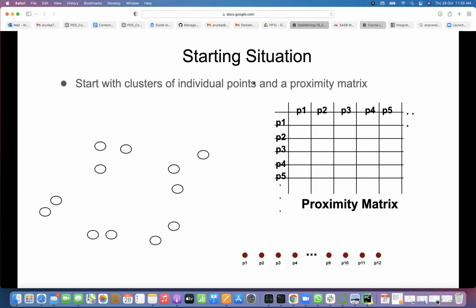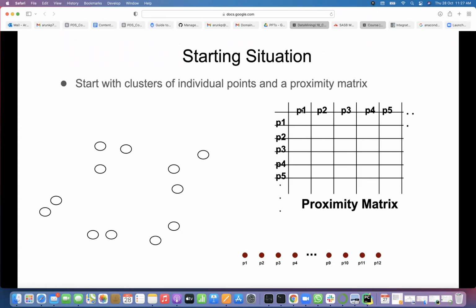Starting situation: start with clusters of individual points and a proximity matrix. Usually there are Euclidean metrics, cosine metrics, or Jaccard metrics between points or data instances. Initially we will use that initial distance metric.